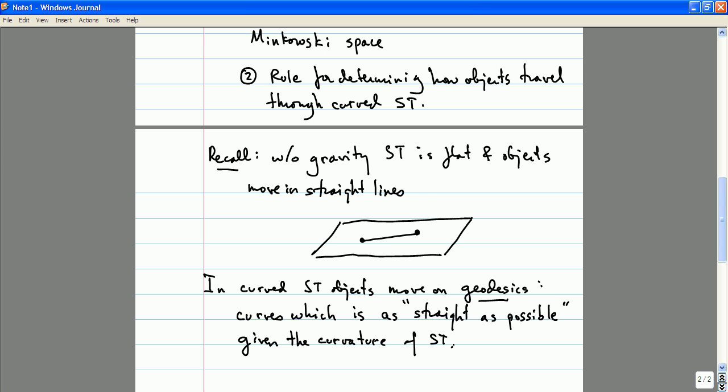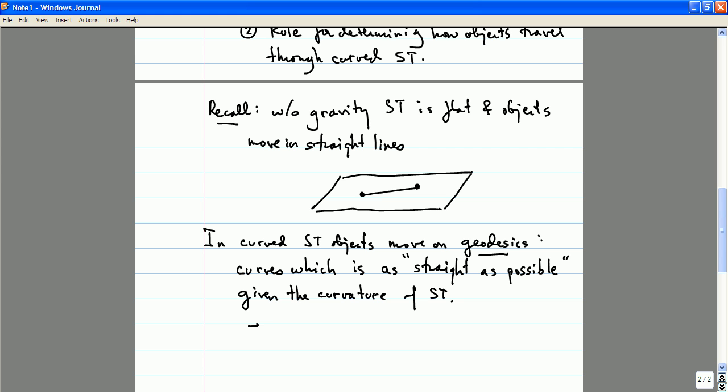Now, what do I mean precisely by as straight as possible? Well, there are two completely equivalent ways of understanding what I mean by a curve which is as straight as possible. So one way is that I could say that it is a curve which minimizes the distance between 2 points,